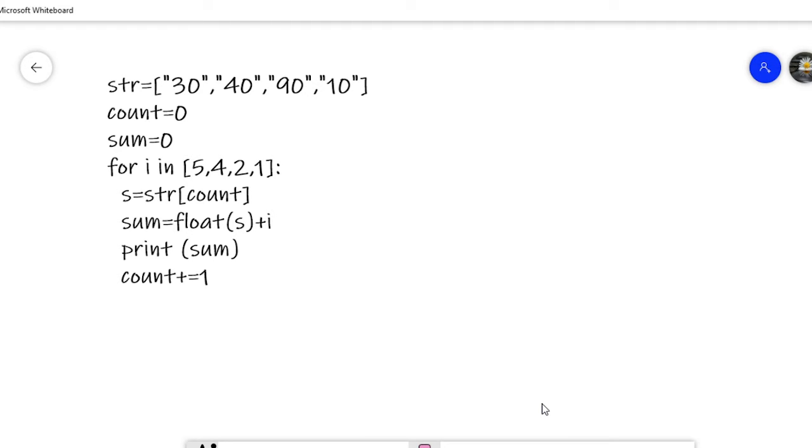In this tutorial, we are going to see what is the output of the following code in Python. This is our question 2.